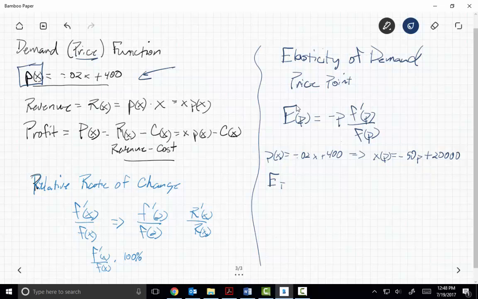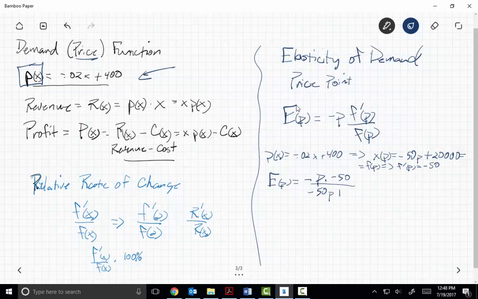We're going to do e of p is equal to negative, respect thy negative, please, p, so that thing's not going to change, right? And then f prime of p, oh, I'm getting a little ahead of myself, aren't I? I've got this is equal to f of p, that's this guy right here, which implies f prime of p is equal to, it should be relatively easy to see that this is negative 50. So I'm going to go negative p times negative 50 divided by f of p, which is what? Which is negative